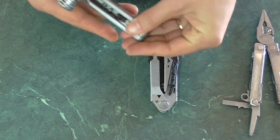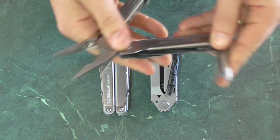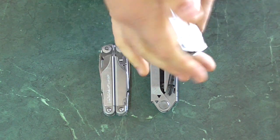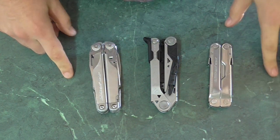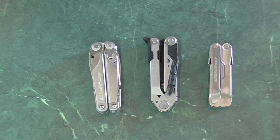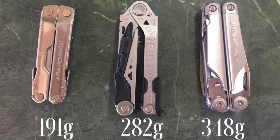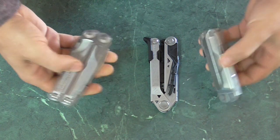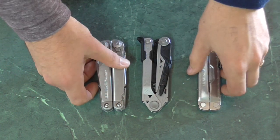So there you go. So that's these tools compared to each other. In terms of weight, they're sorted by weight right now. So the Rebar, then the Gerber, and then the Surge. I'll just put the weights below them in a photograph I'll put on the screen and take right now. Bing! And then you've got about the same amount of utility, in my opinion, in all